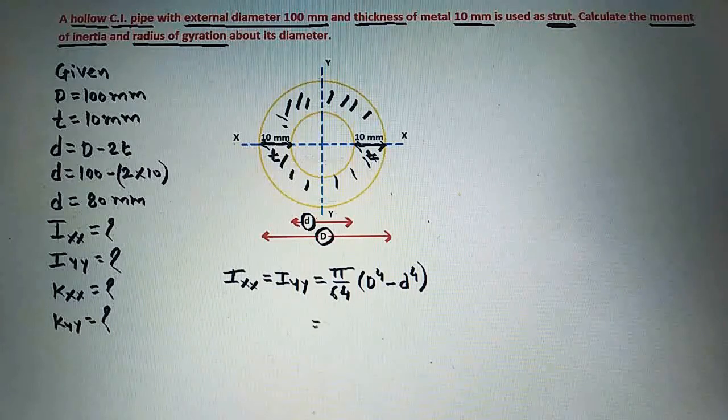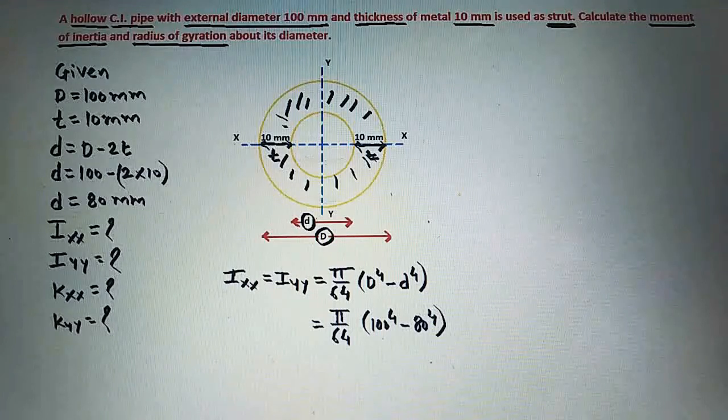So if we put values here, then we can write pi by 64. What is capital D? It is 100. It will be 100 raised to 4 minus small d is 80, so here it is 80 raised to 4, bracket complete. If we calculate this, pi by 64 in bracket 100 raised to 4 minus 80 raised to 4, then we will get the answer for moment of inertia, that is Ixx and Iyy, as